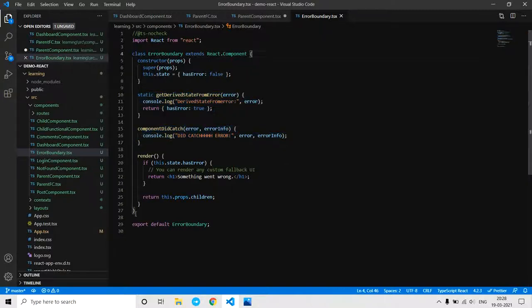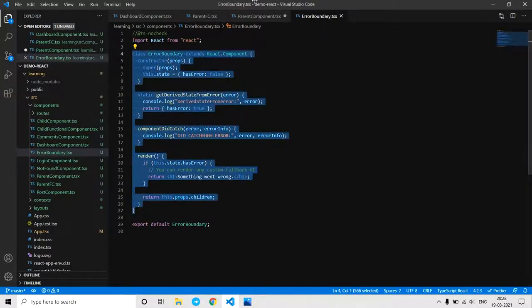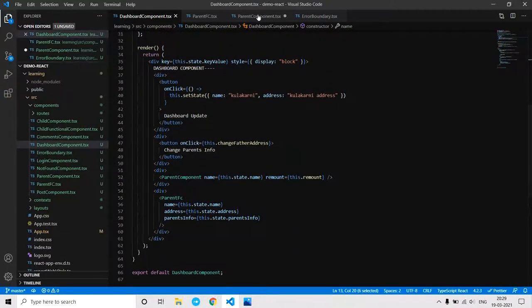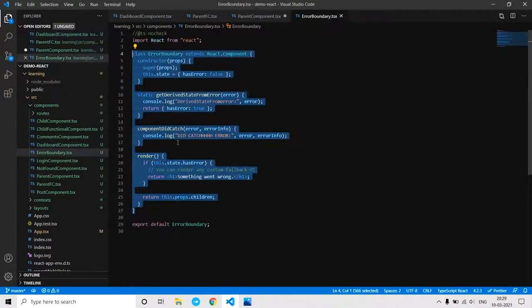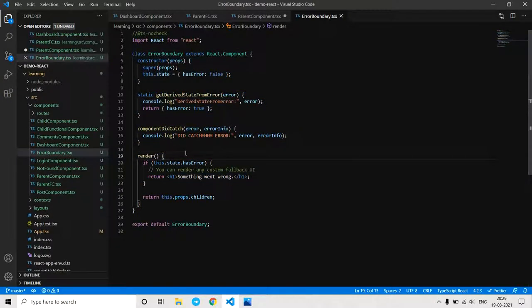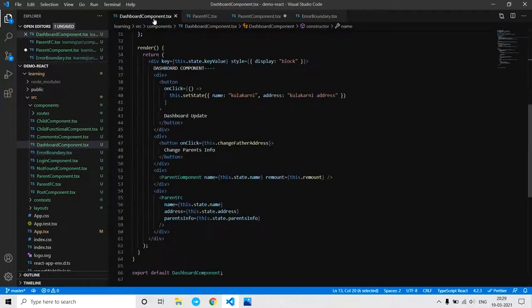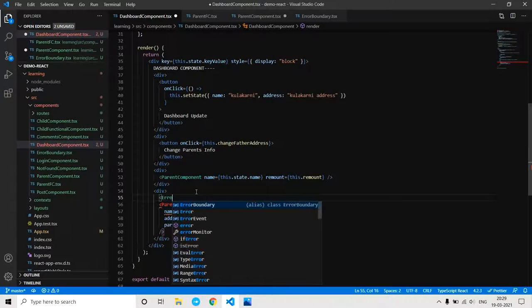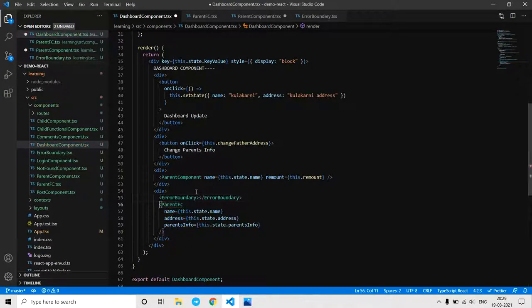As you see, this is my component. What it takes is just the child component and it captures that. We have to make sure the components are rendered within this error boundary. I'm going to use it so that you can understand it well.